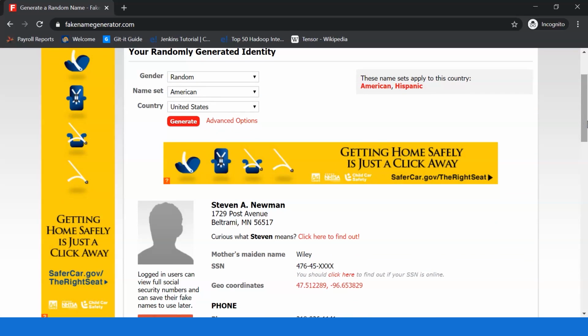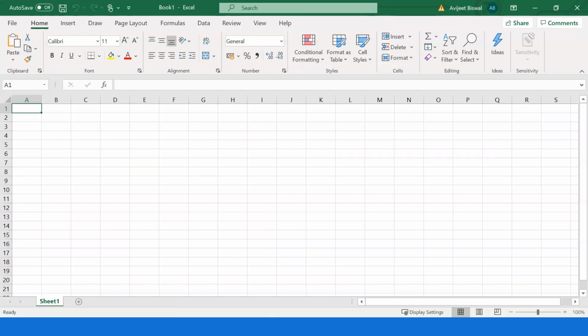Now, if I had to store this data in Excel, I would manually copy paste each and every detail onto the Excel sheet. So for that, first I had to create columns like name, then phone number, then email.